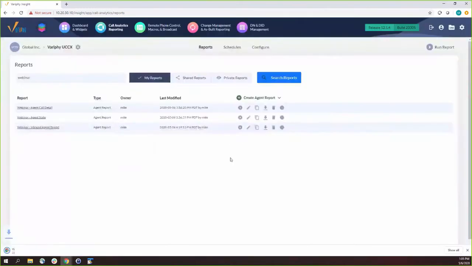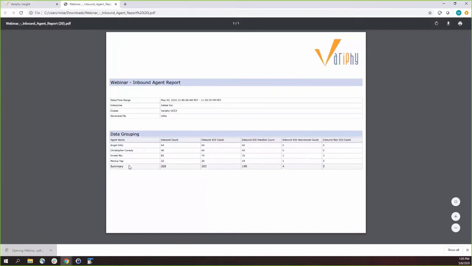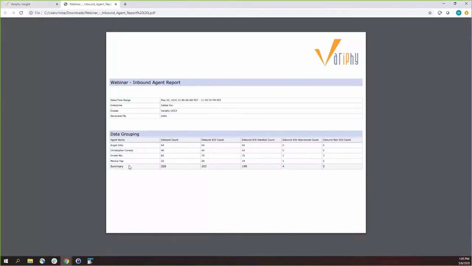And run it for yesterday. It was running for yesterday. We'll go ahead and open that up. And what you have here is a report built around 4 different agents, and it shows their inbound count, inbound ICD count,